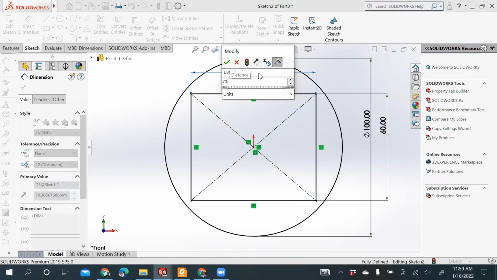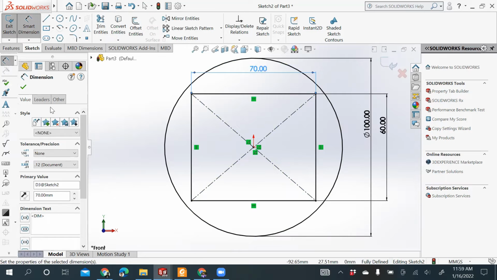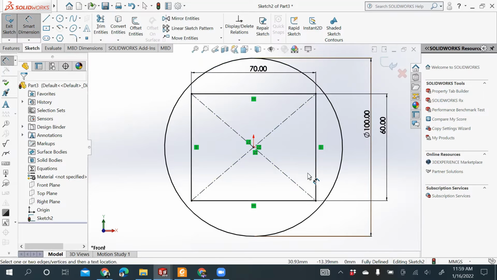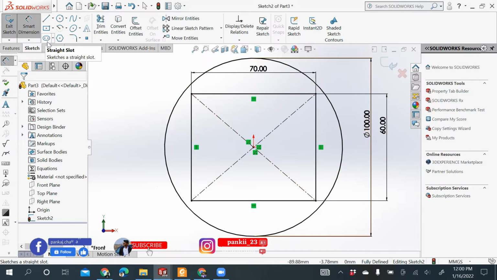This could be very well 70 mm. Now that we have defined our circle and our center rectangle also by their dimensions, I'll move on to creating this rectangular slot. For that, I'll move ahead. I'll opt out of this smart dimension. Okay. And then